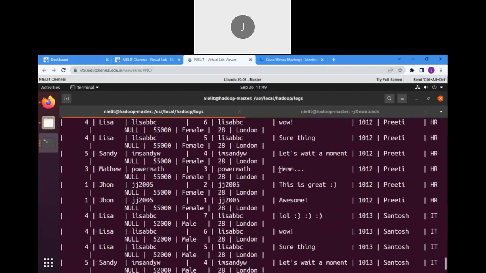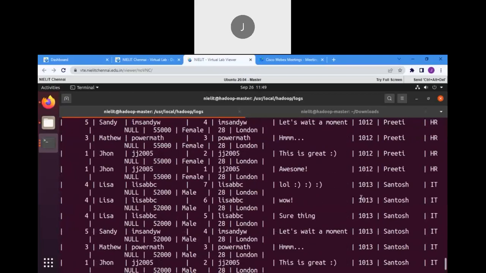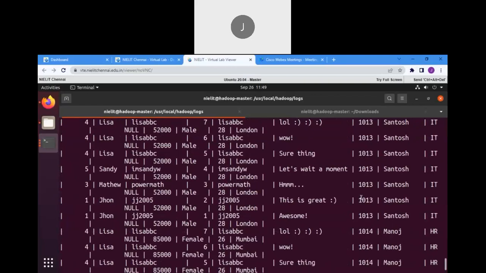Is this clear, guys? Joining multiple tables, it will not work on the condition because a common field between the tables is not there. Otherwise you can, if it is having a common field,